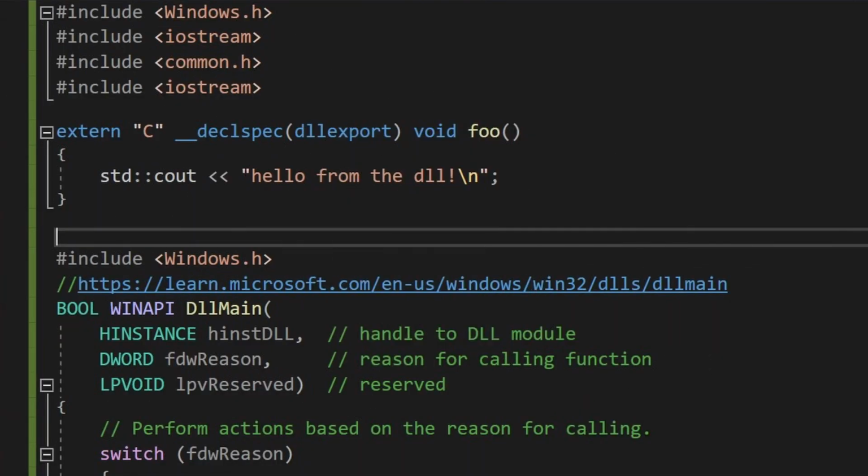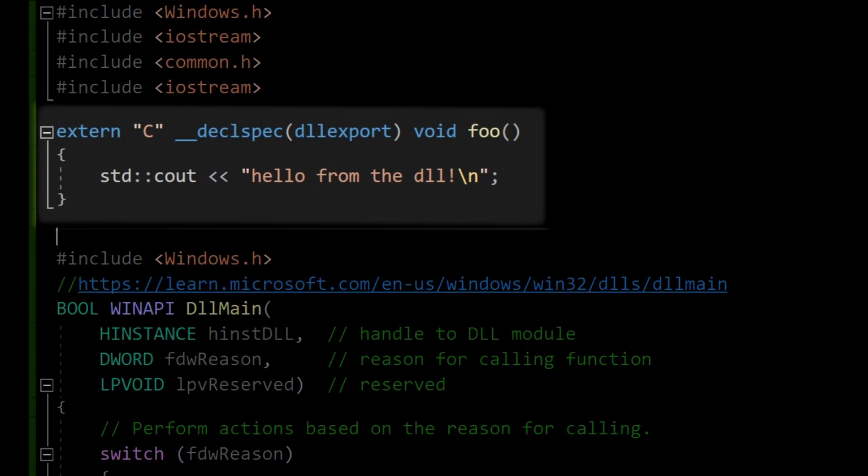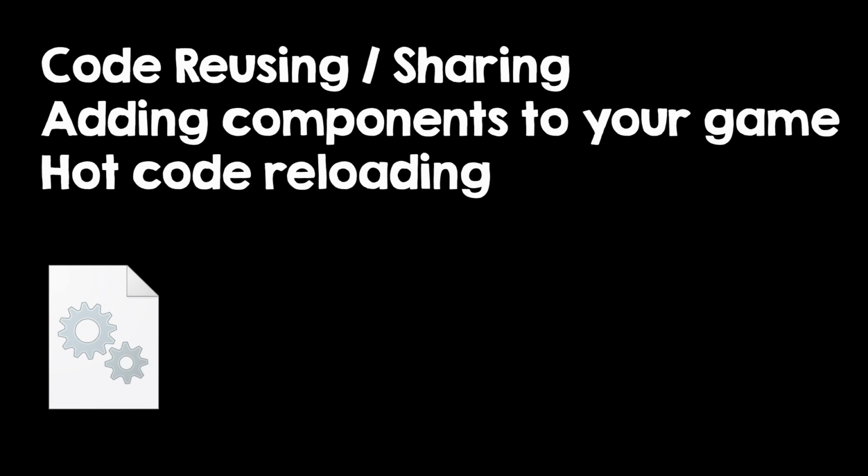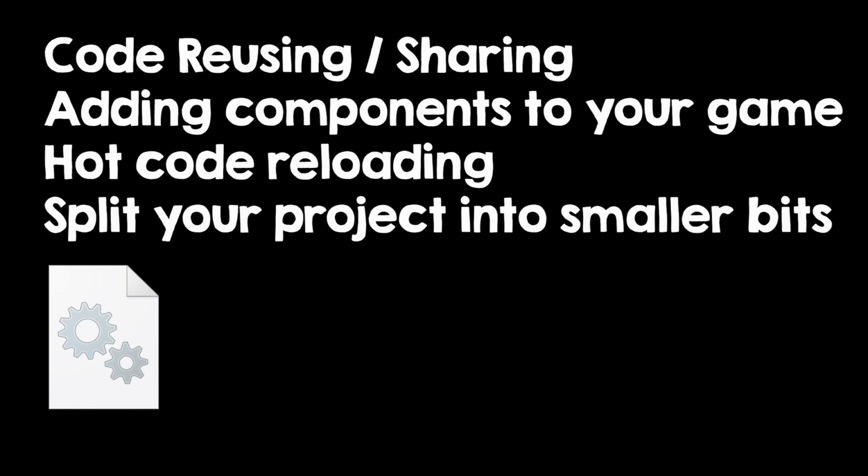So a DLL is just like a normal program, but without a main function. It has some functions that can be loaded and used by other programs. So it is just like a library. It was intended for code reusing, but you as a game developer will benefit most from it because it can allow for easy modding, implementing hot code reloading, and also it allows you to split a big project into multiple components to speed up compilation time.